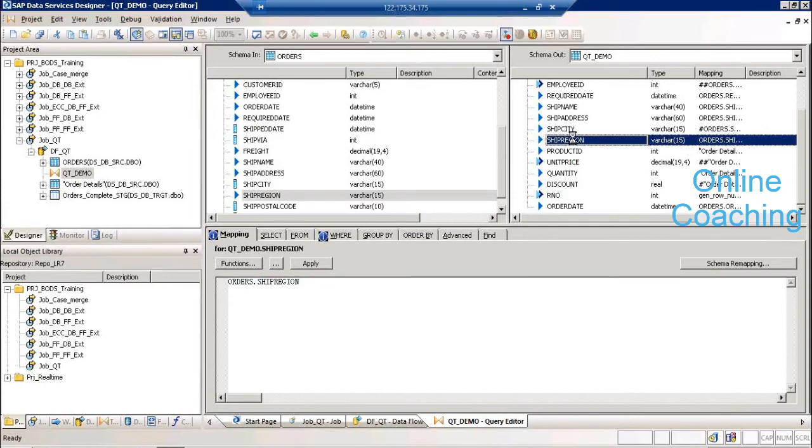So if you want to do additional activities, so let us say the region is null and your target system is not able to take any null values. So in this case, you can write an if then else statement or a decode statement. So you just type decode and it will show you the function, and press enter and put your mouse on this one. It will show you the syntax as well, how to write your decode. So these are simple SQL statements that we will learn as a